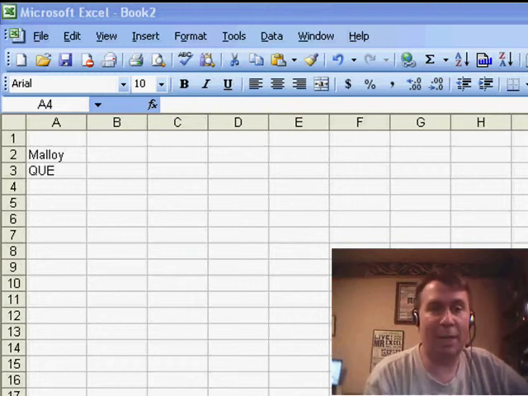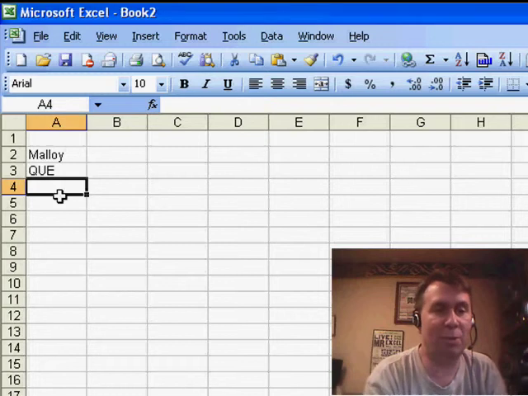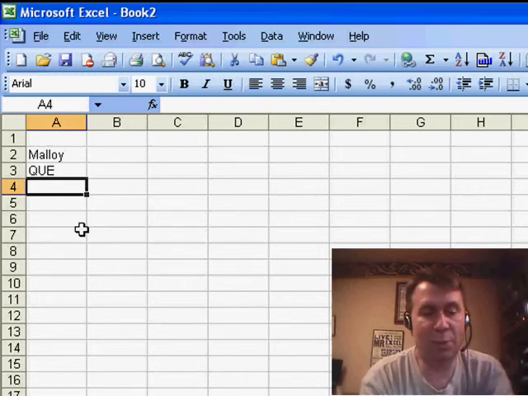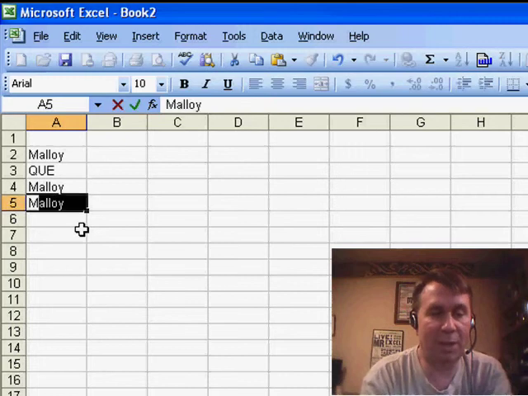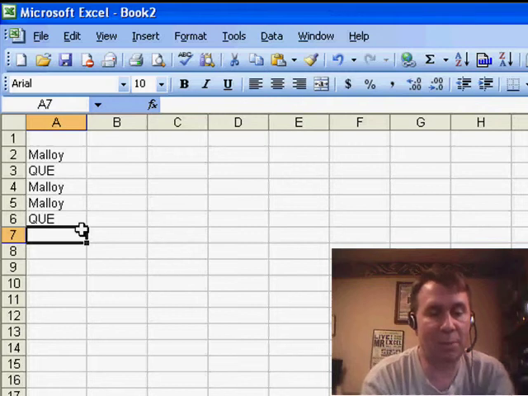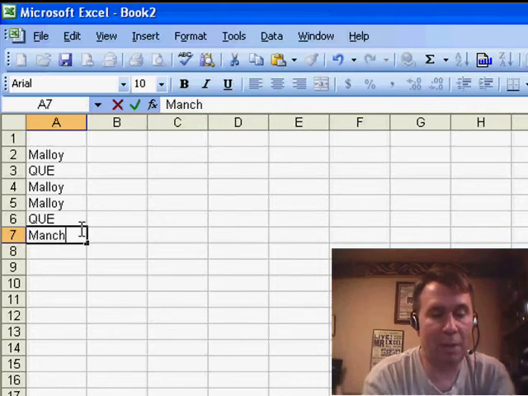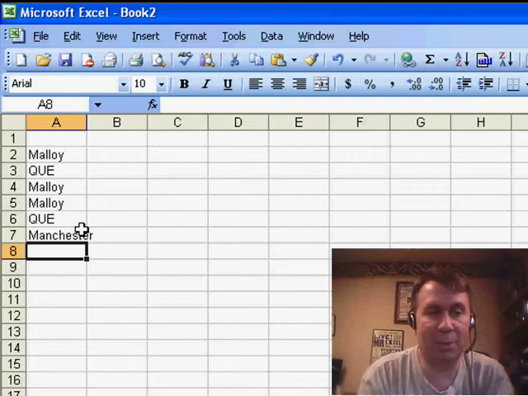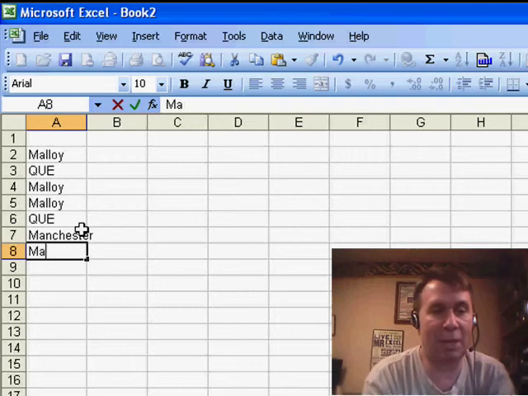Great tip today sent in by Graeme. Graeme's from Manchester in the UK. He's talking about autocomplete. Autocomplete's that cool bit of functionality that once we've entered a vendor name once, we can basically just hit sometimes the letter or first few letters of the vendor's name. Now, it doesn't work out well if you had something that is relatively similar. So Manchester and Malloy, I'd have to type either M-A-N or M-A-L at this point to get it to